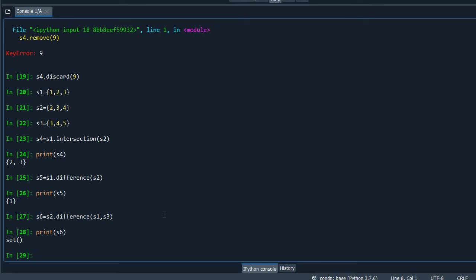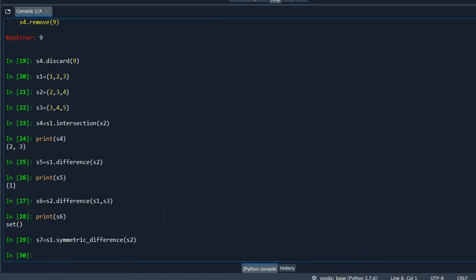So we just have to write, I'll write s7, and I will write s1 dot symmetric underscore difference, and I'll write s2. So now when I'll print,